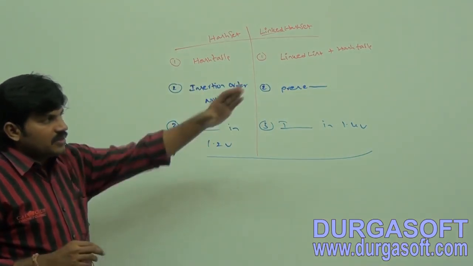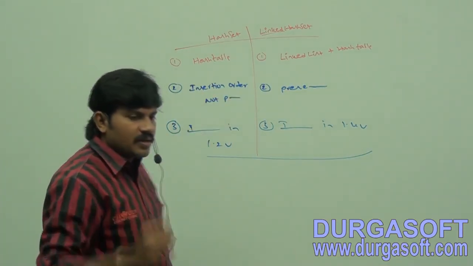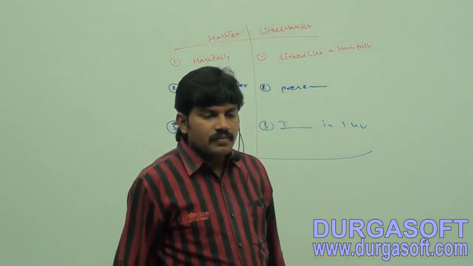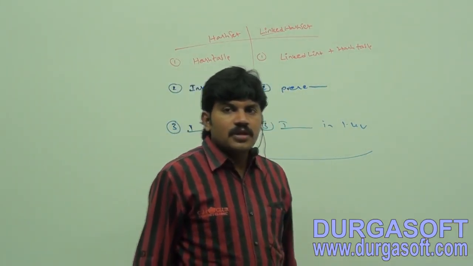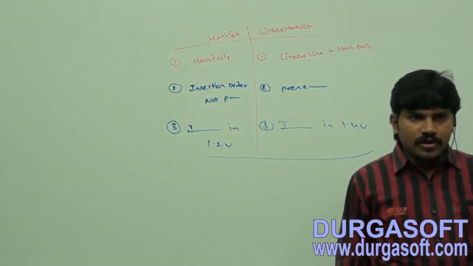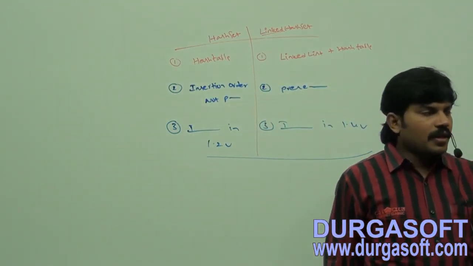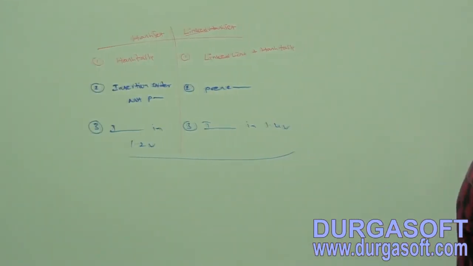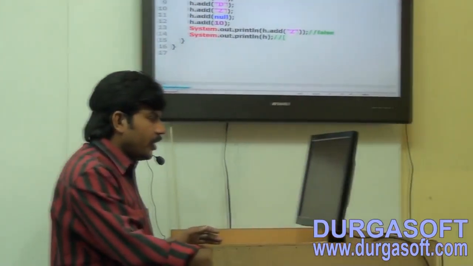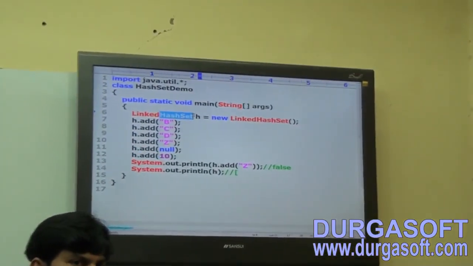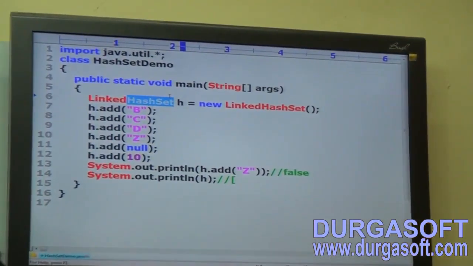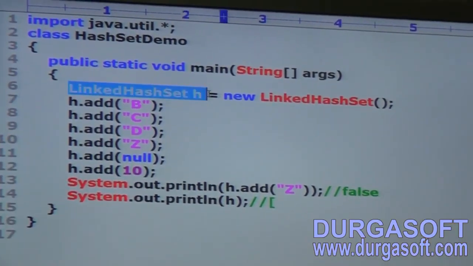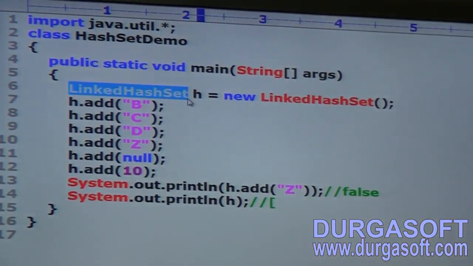So now related to this example, just close the table, and then in the above program, don't ask what is the above program, it's already there in your notes. Okay, the hash set program. In the above program, if we replace hash set with linked hash set, then